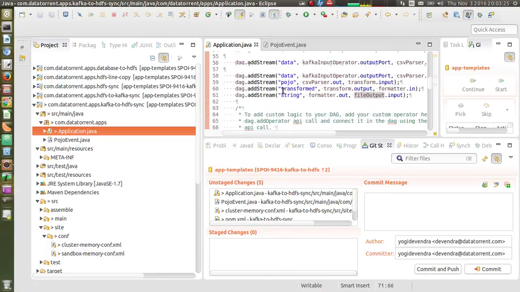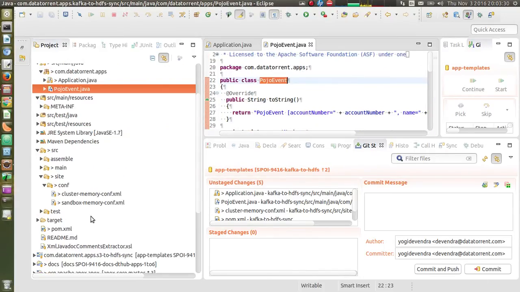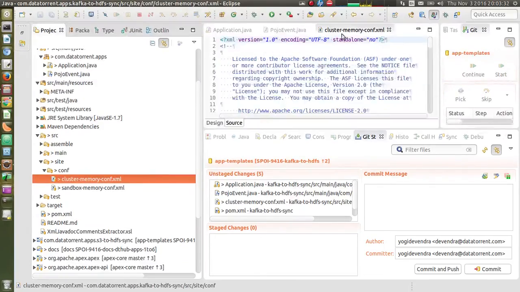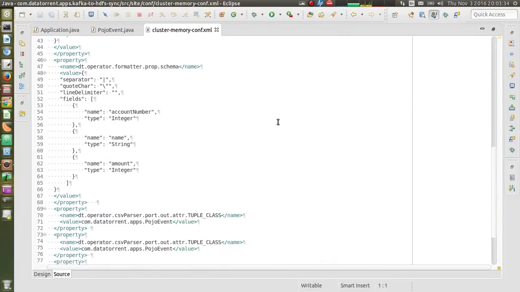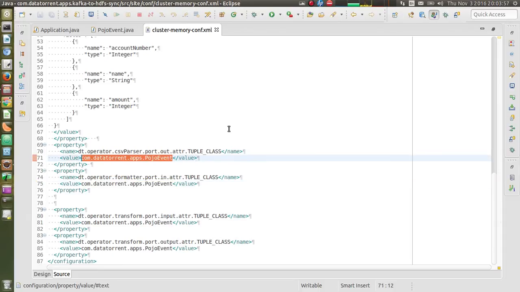So if you have some other object instead of this POJO event, then you might need to change this XML configuration. So here we have an attribute called tuple class. On CSV parser, formatter, transform, we need to specify what is the class for your incoming tuples or outgoing tuples on that particular port.